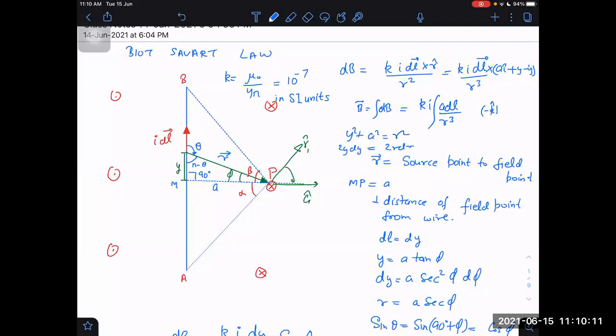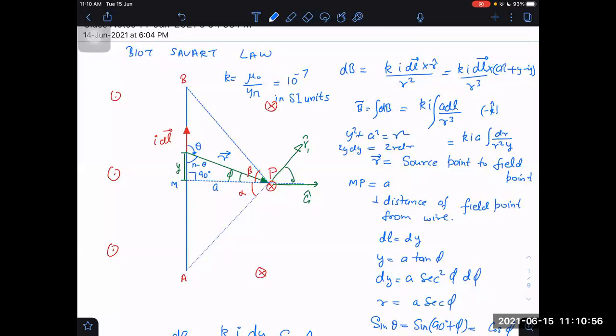So I can replace this dy by r into dr upon y. Then this will become ki into a into r dr upon y square, and y also will come in denominator, I think. y is root of r square minus a square. Right or not? Yes, sir. That only we are getting, right? Yes, sir. But I think that old method only was easy, it seems. I thought we can do it this way, but it's not that easy. No, that old method only was good. Okay, let us leave it there only. No need of doing it this way.